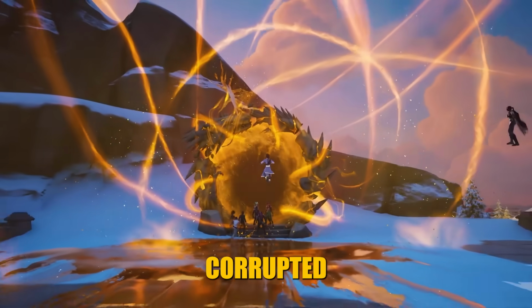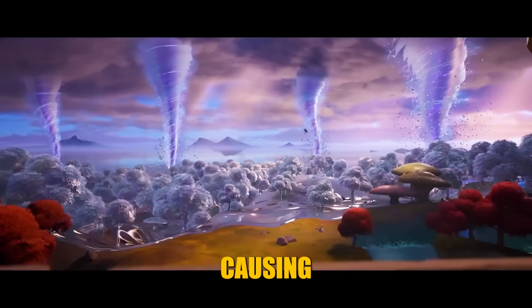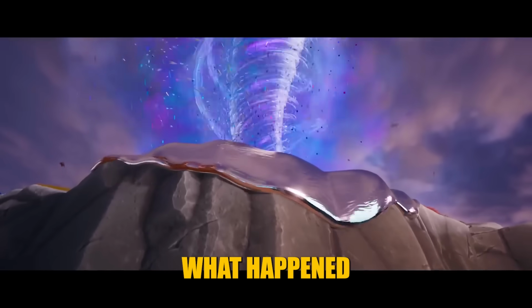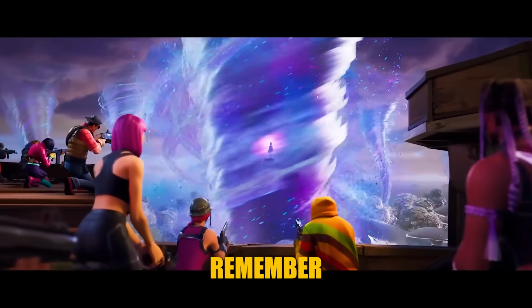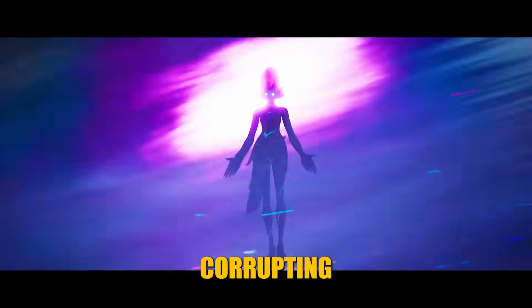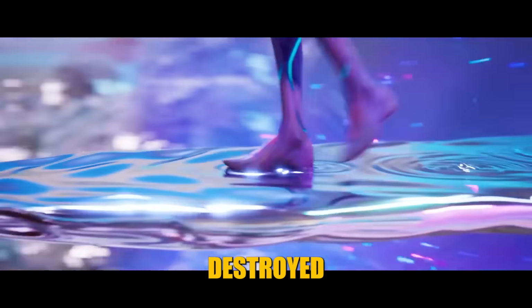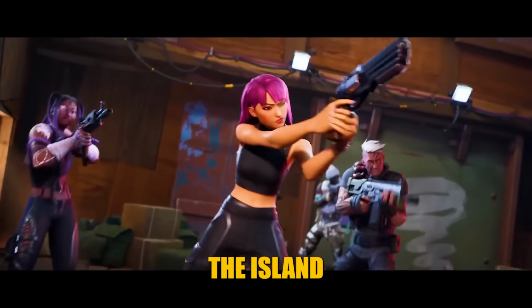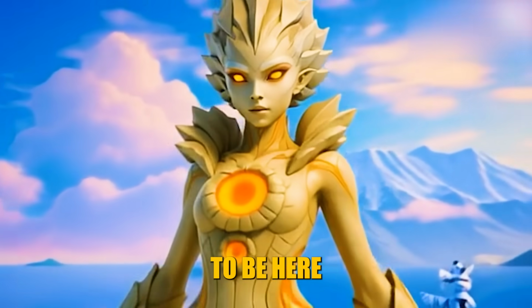It is some kind of corrupted substance that is slowly spreading and just causing chaos. It almost feels like history is repeating, and what happened in chapter 3 is happening again. Because remember, Chrome was corrupting the island, and then this creature showed up and destroyed everything, and now we are seeing gold corrupting the island, and this creature who looks very similar to Harold is going to be here very